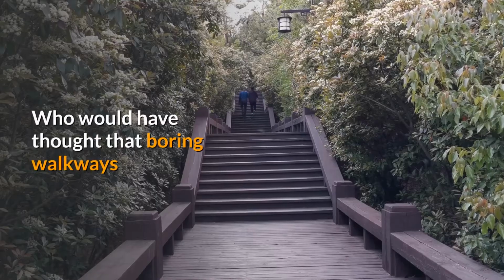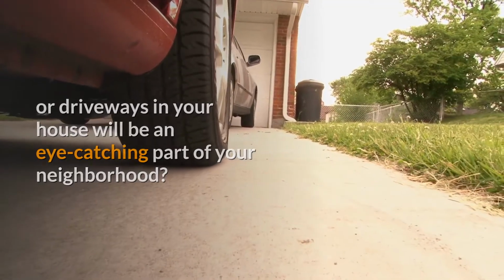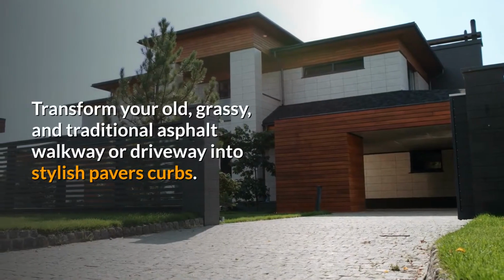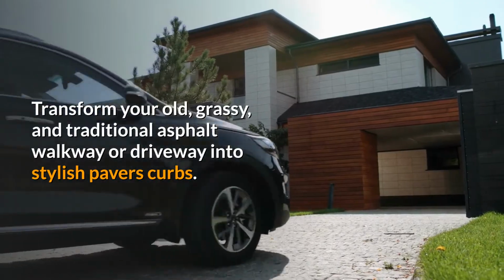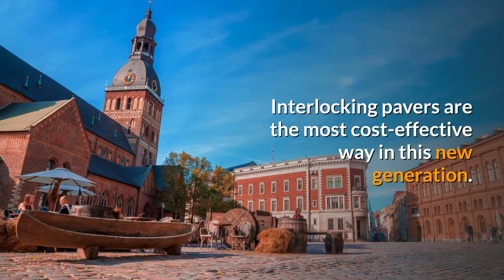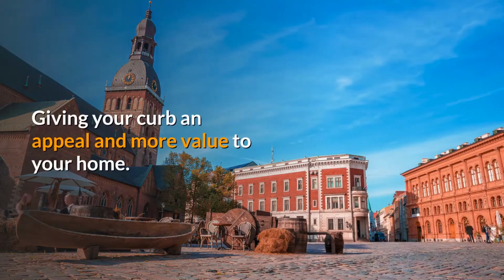Who would have thought that boring walkways or driveways in your house will be an eye-catching part of your neighborhood? Transform your old, grassy, and traditional asphalt walkway or driveway into stylish pavers curbs. Interlocking pavers are the most cost-effective way in this new generation, giving your curb an appeal and more value to